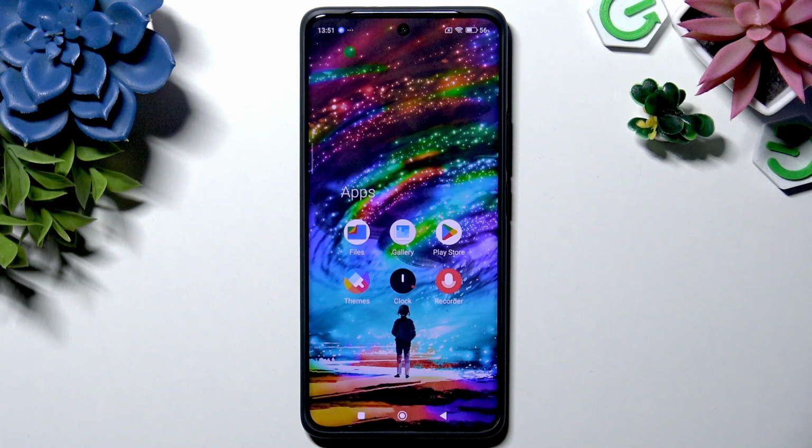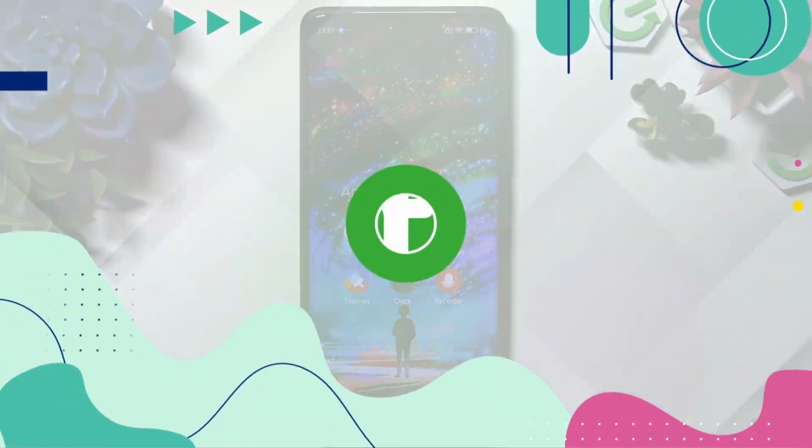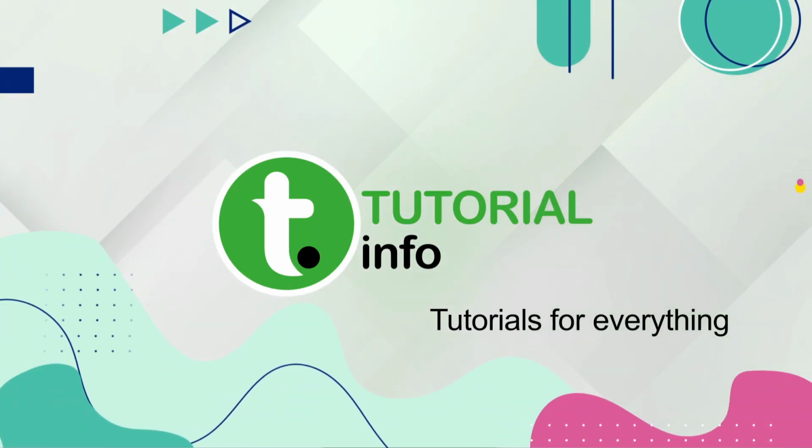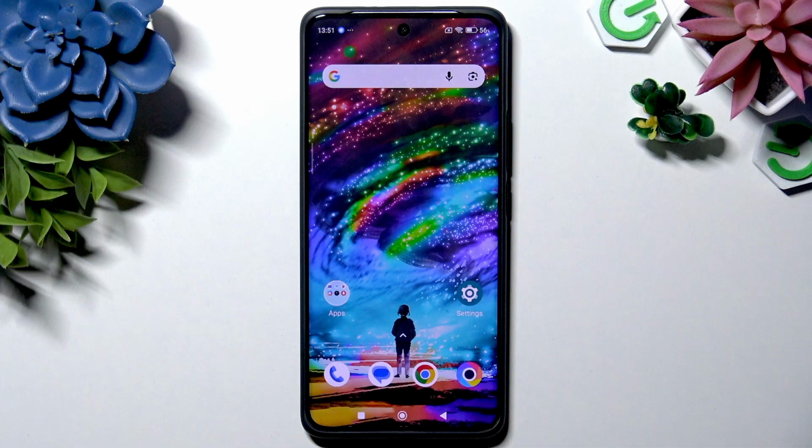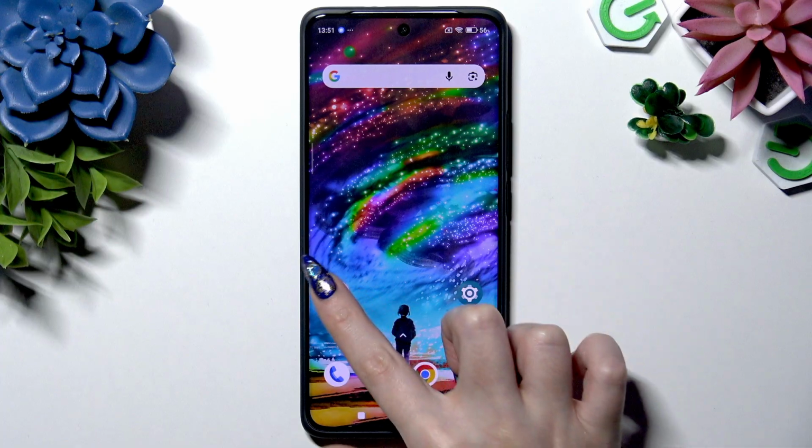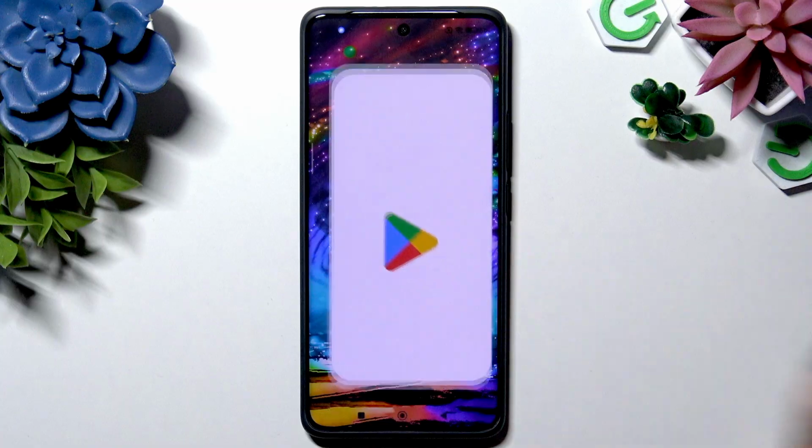In front of me is POCO M8, and today I would like to show you how you can change sleep time to never. First of all, you need to open Play Store